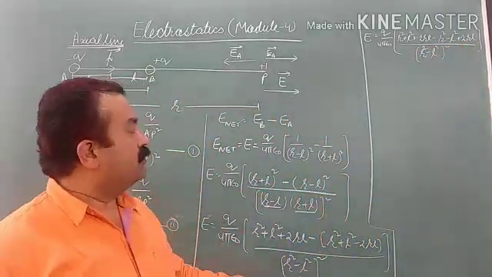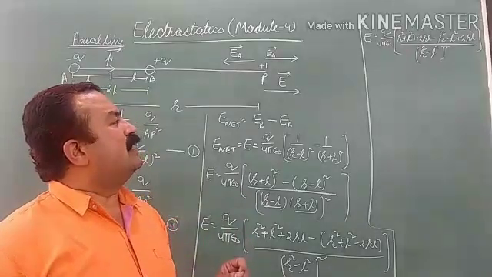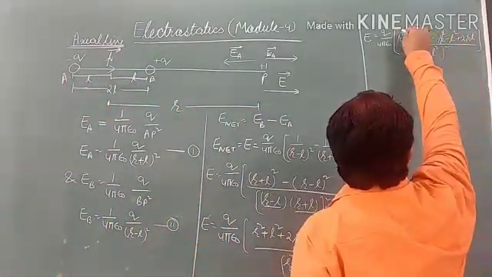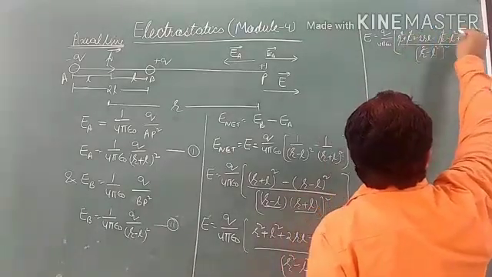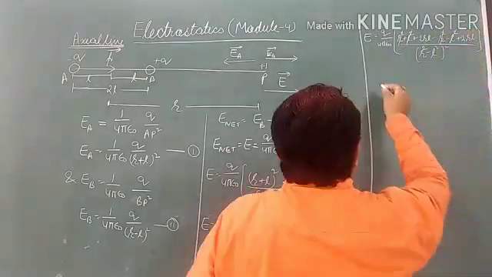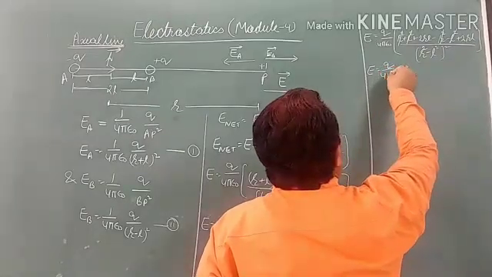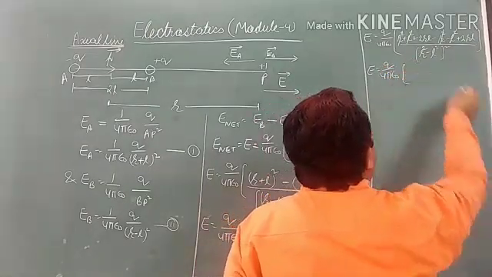See, whatever values are here cancel out: R square cancels with R square, L square cancels with L square. Then we can write equals Q upon 4 pi epsilon naught